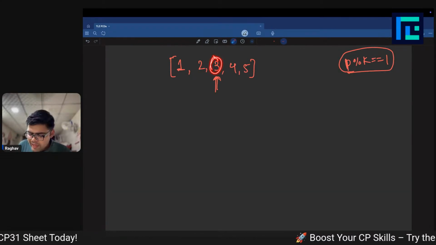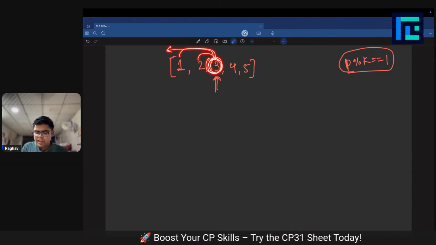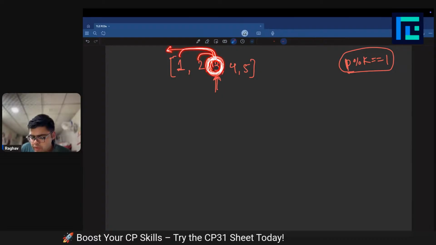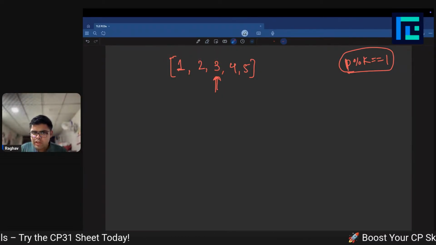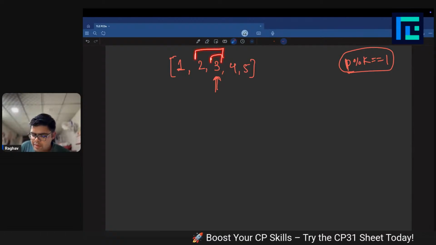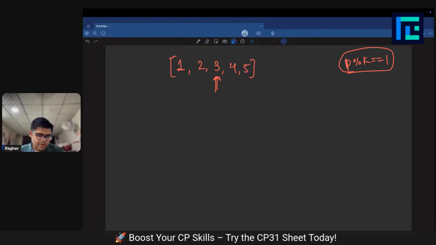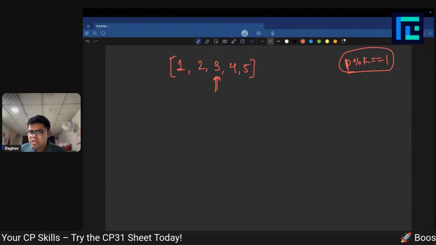One way is I can just start to run a for loop from here till the left side, to find out the product of all the subarrays which are ending here. One subarray is this guy, one subarray is this guy, one subarray is this guy. Right. This is one possible way. Another possible way is